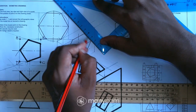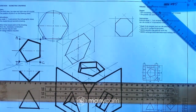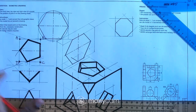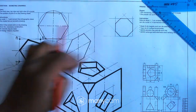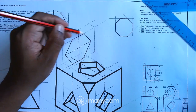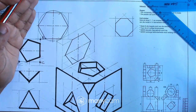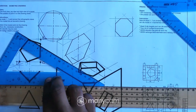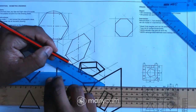And this one as well, just like that. Okay, so now I have to draw the width of this hexagon. It means that I have to project all these points to the left or up, using my 30 by 60 set square, from the base down there